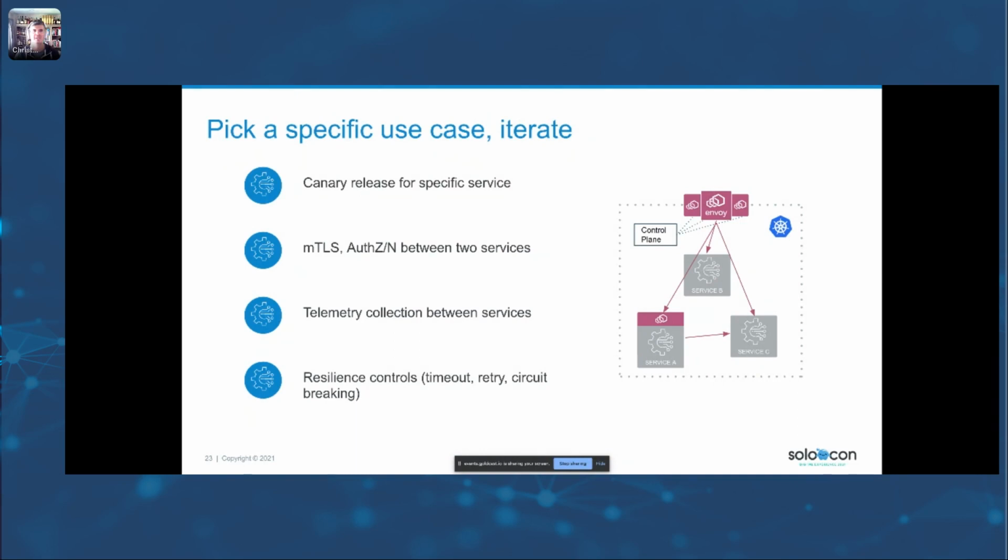So ultimately, pick a use case that you're trying to solve and introduce the service mesh, introduce the control plane, maybe the edge gateway or the ingress gateway, and then pick off some of these high value use cases.